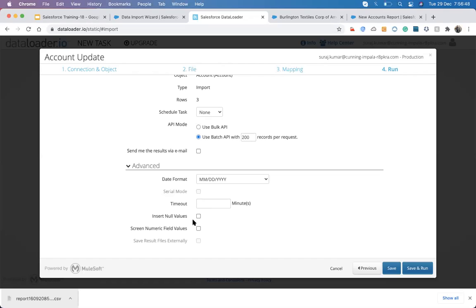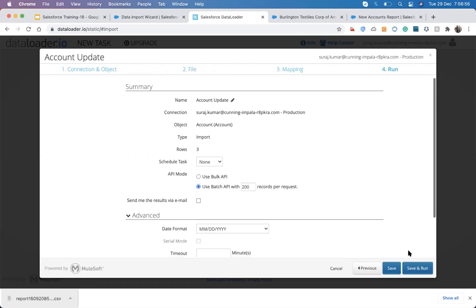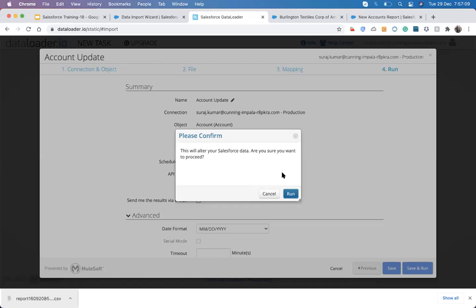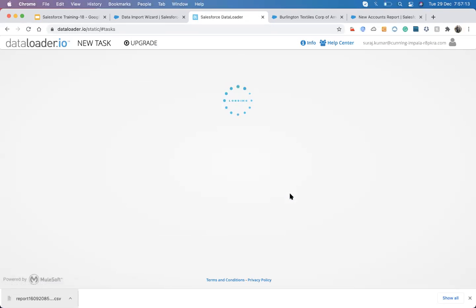And then whether we insert null values or not, something like that. Then we save the mapping and do the upload after some time, or we just use run, then it will do it.